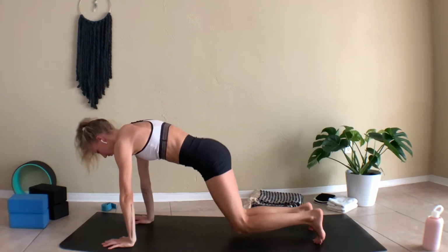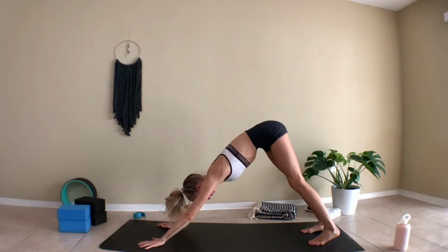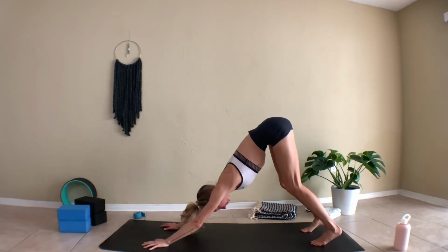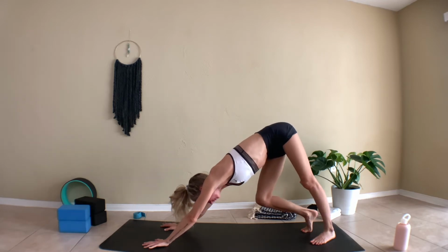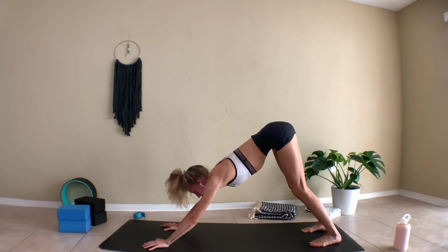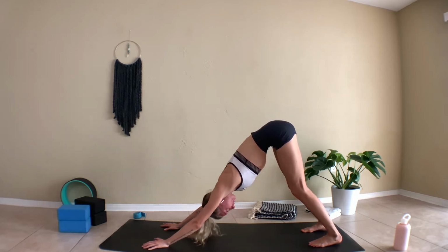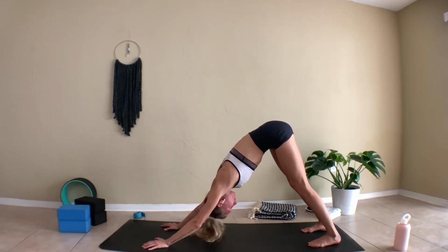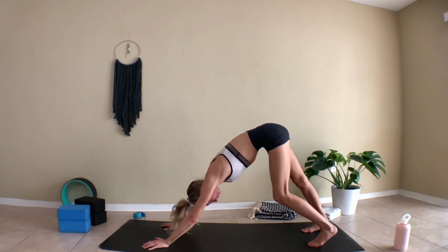So come into a downward facing dog just to start off. And take a few moments here to just get adjusted and just start to really open up the body a little bit. Down dog is one of those poses that really opens up the entire body, starts to open up the entire fascial line all the way from the back of your heels to the front of your head. So just kind of shake your head around from side to side, walk your feet out a little bit,